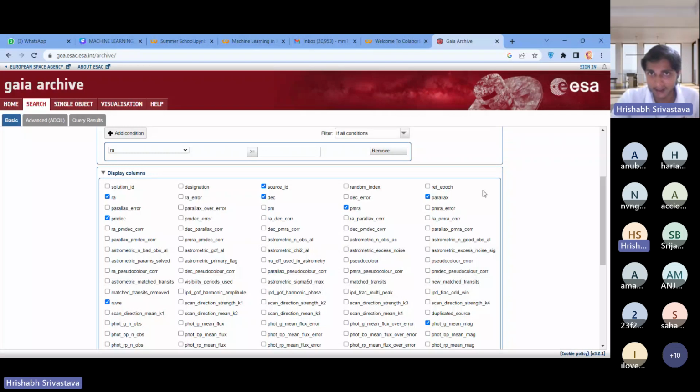Certain things are already ticked. I am going to go with that. Source ID is important. One important thing to realize is that there's one column, like a serial number or source ID, which is a unique column that specifies which object that particular thing is. So this is important. And then RA and Dec will give us the location of that particular object. PM Dec will give us the velocity in that particular